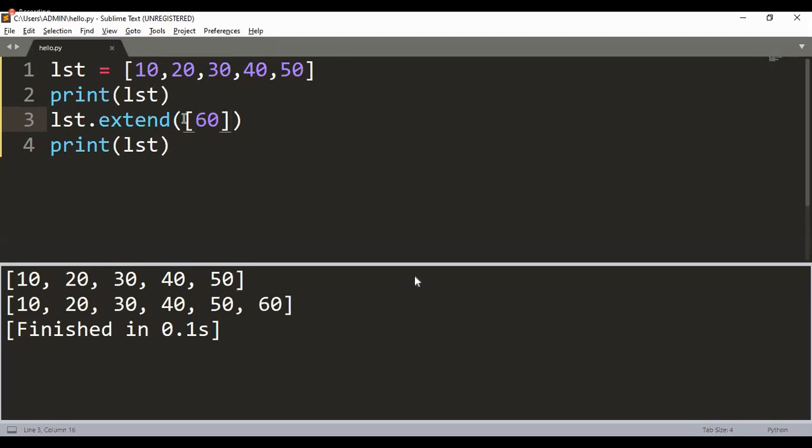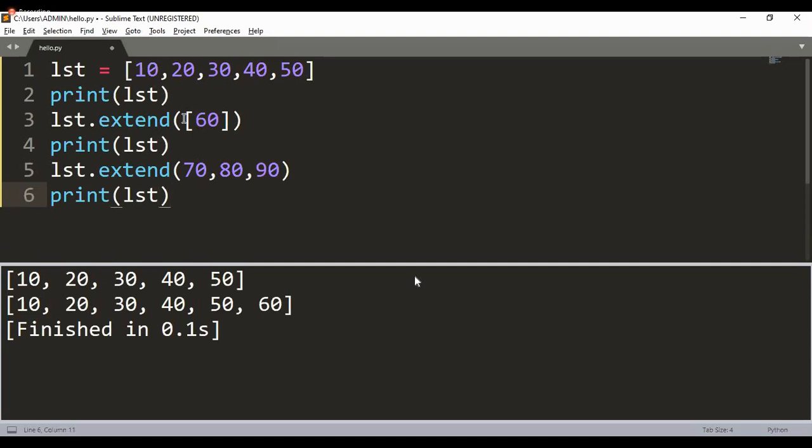Am I clear so far? So again, I repeat, append method expects a single argument, whereas extend method expects the argument to be of type iterable. Any confusion? Okay, sir. Next what, sir? Let us see. What if you want to add multiple values to this list? If I say lst dot extend, and this time I want to add the different elements 70, 80, 90. Tell me, if I simply execute the program, will I get the output or will I get an error in this case?